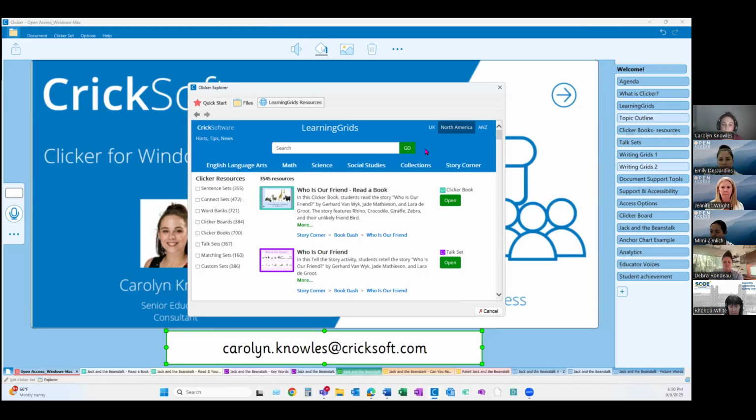Okay. I am super old school. I used the pick symbols for Writing with Symbols or Dyscover a long time ago, and I really miss it. So this looks great. I'm glad to hear that. I remember when we had Clicker back on CDs back in the day. I was around for that. So you're not old school. You just remember how it used to be. That's all. Thank you. Awesome.